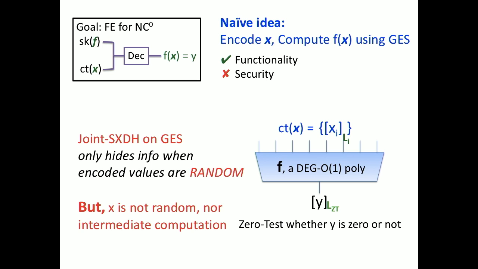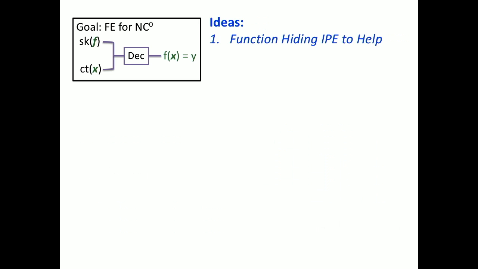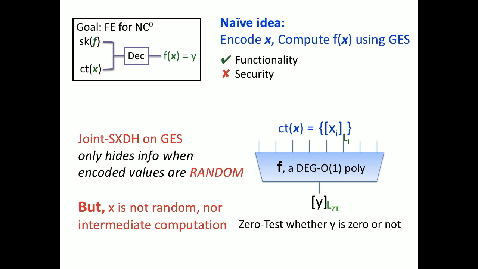What's the role of the secret key in this? There's no secret key. It's a naive idea. There's no secret key. The secret key is f itself. Yes, it's indeed very naive. All right. Yeah? I see, because what I get is an encoding of the output as opposed to the output itself. So in particular, I can test whether the output is 0 or not, guaranteed by the graded encoding functionality. And this will be good enough for bootstrapping to IO.